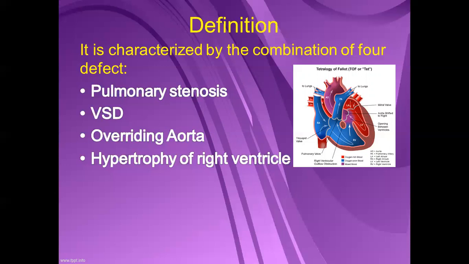Then hypertrophy of right ventricle. Hypertrophy of right ventricle, you know already very well. Excess amount of blood passes towards the right ventricle. So due to that, the right ventricle can't tolerate the pressure. So they try to push it towards the pulmonary artery. Even though they are trying maximum to push towards the pulmonary artery, the pulmonary artery is having stenosis. So due to that, the blood will have backflow once again to the right ventricle. So from the right atrium towards the right ventricle, and from the pulmonary side also, the blood is not properly passing over. So it will settle down once again in the right ventricle, and from the left ventricle also some of the blood will pass towards the right ventricle via the ventricular septal defect. So due to that, hypertrophy of the right ventricle will be present.